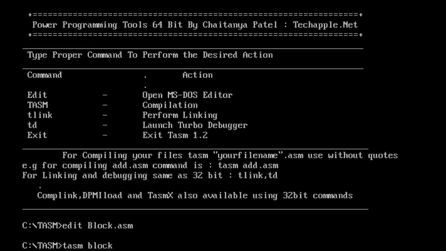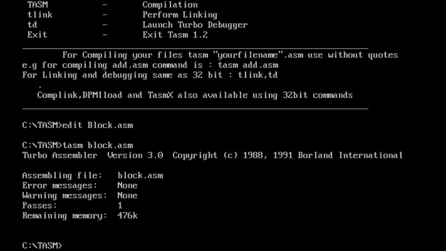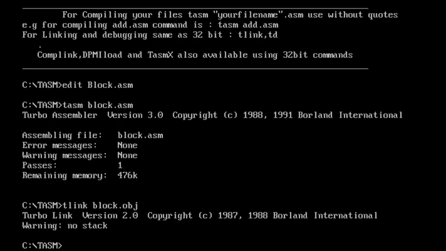This is case insensitive, so you can pass capital or small letters, any file name. This takes it as an object file, and let us start with the debugging.